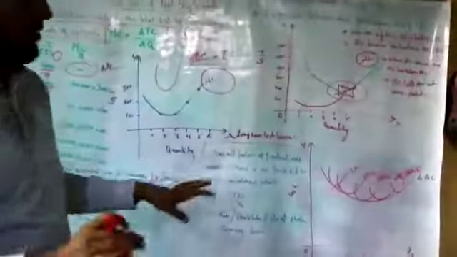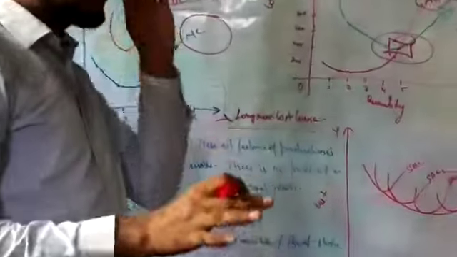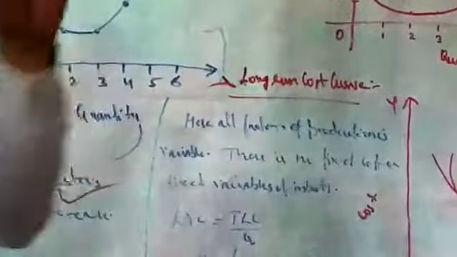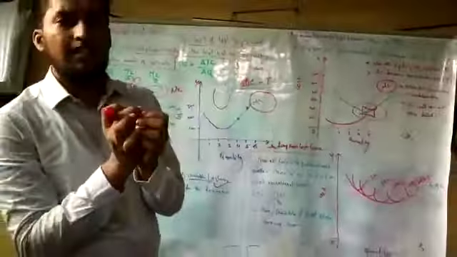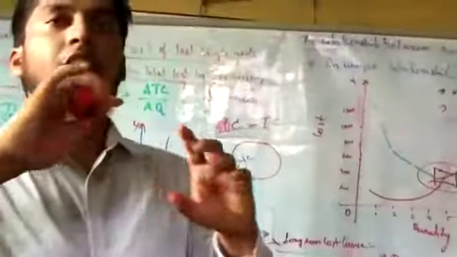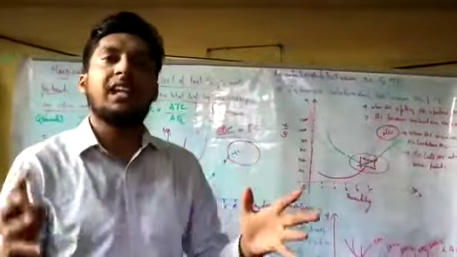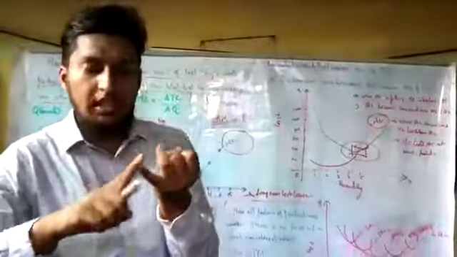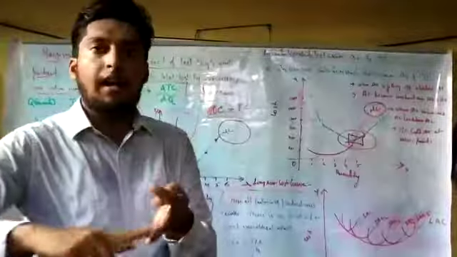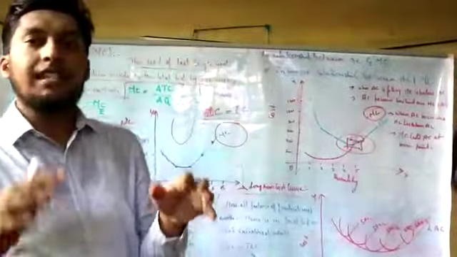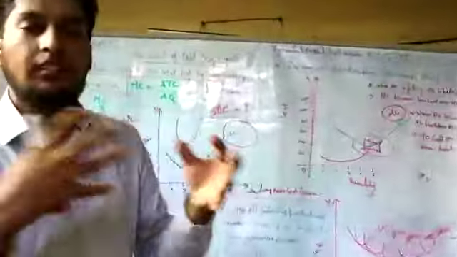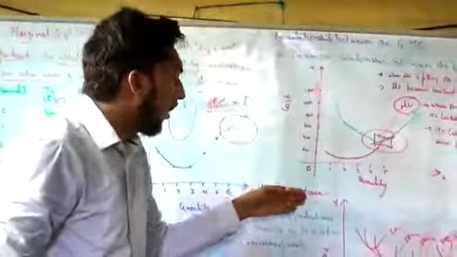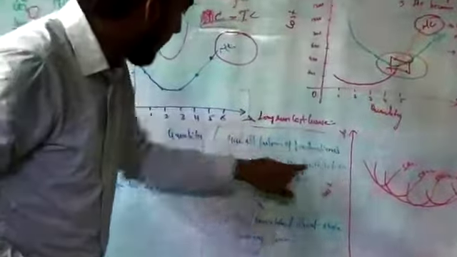Okay. And the last and final topic with regard to cost analysis is the long run cost curve. What is the long run cost curve? Like the short run, where we see all the different kinds of cost needed for day-to-day aspects, the long run covers cost needed over a period of time, for 5 years, 10 years, 15 years, with regard to machinery, stock, plant, building, all this kind of asset taken in the business. Those theories are known as long run cost, right? Here all factors of production are variable.